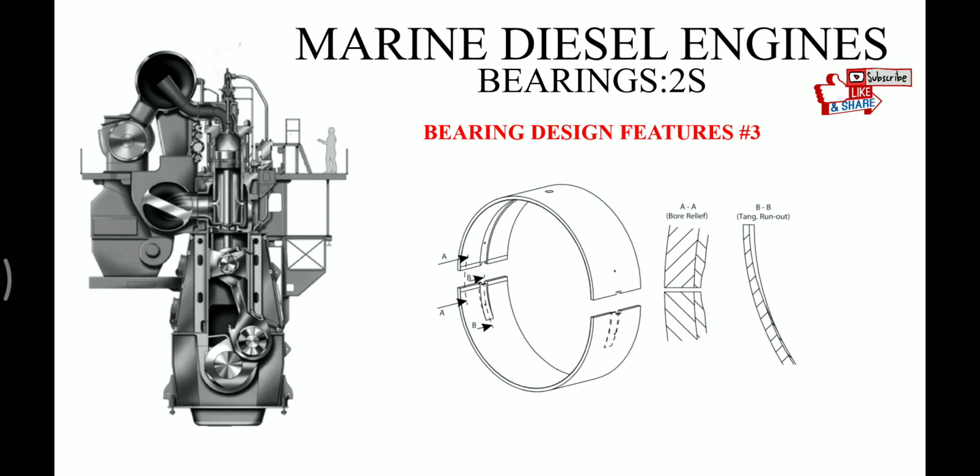Hope you have learned something from my last two videos on bearings which are there on board ship, in which I have discussed bearing characteristic numbers and how this helps in bearing design to make it work in the hydrodynamic region. Then we discussed bearing metals which are used in the industry to manufacture bearings, and at last the different layers which are there on bearing shells and their importance. So if you have not watched these two videos, then you can watch them on my channel page.